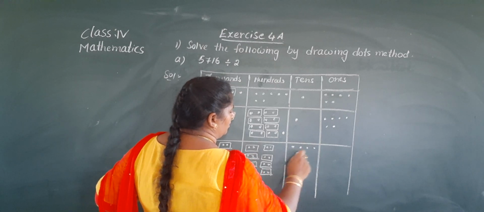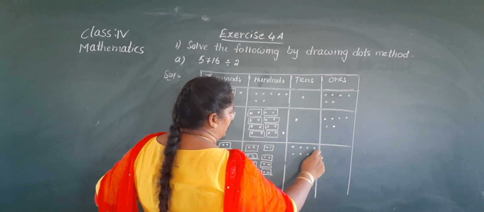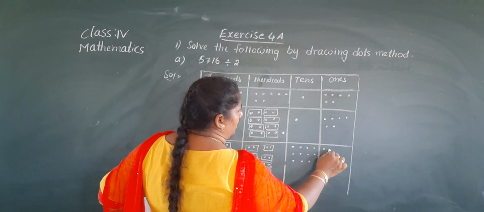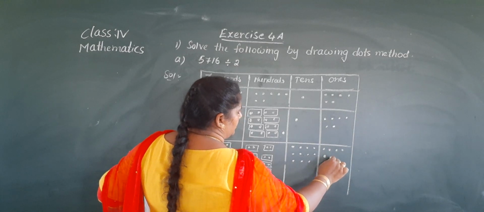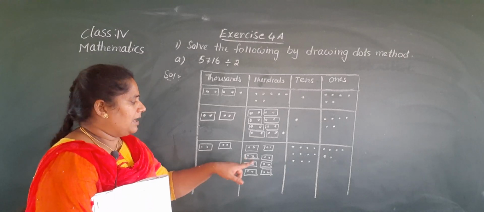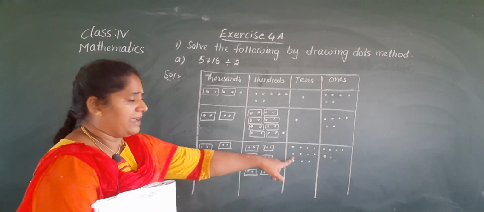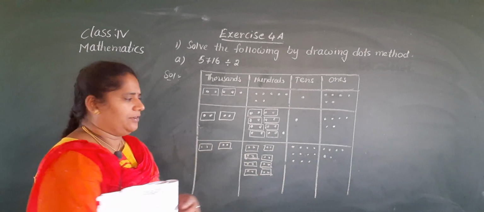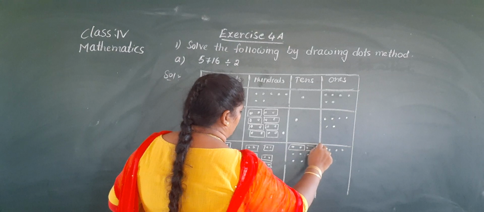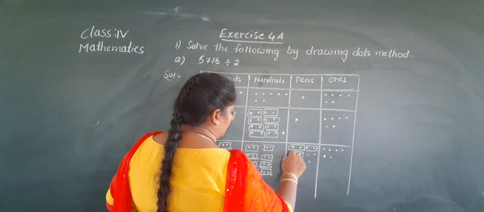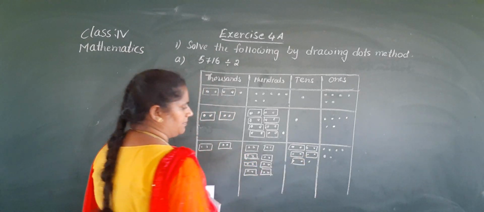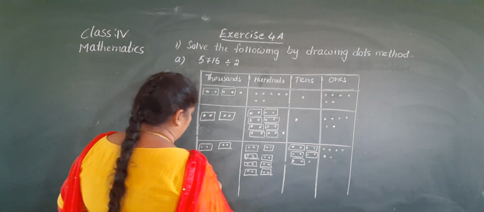2, 3, 4, 5, 6, 7, 8, 9, 10, 11 dots. And here, these dots as tens we will write. Is it clear to you, children? Nothing is there in the confusion. Okay. Now we have to make these dots as groups of 2. Keep, Nana. 2 dots, 1 group. 2 dots, 1 group. Finish. Okay, ma? Now you have to continue this.